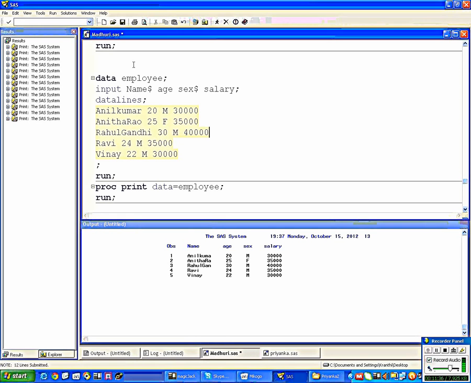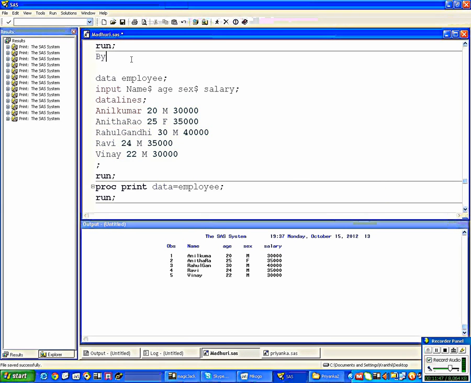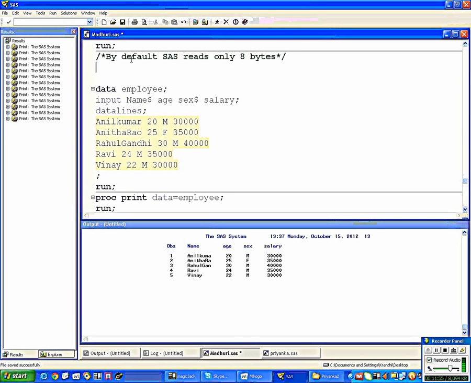Rahul GAN only is taking. Why? Because by default SAS reads only 8 bytes. Only 8 bytes. 8 bytes equal to 8 characters or 12 numeric.